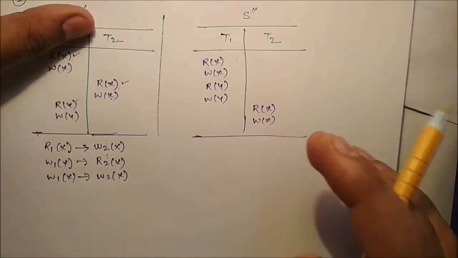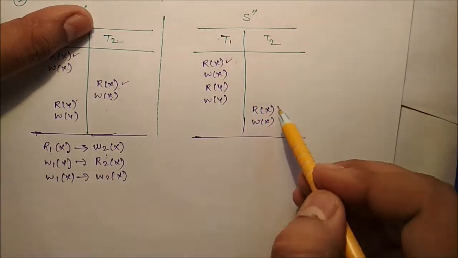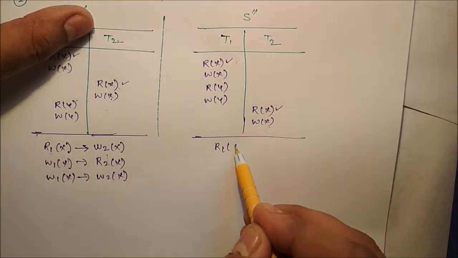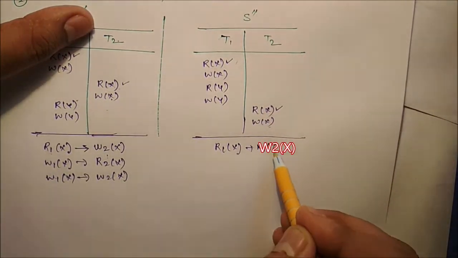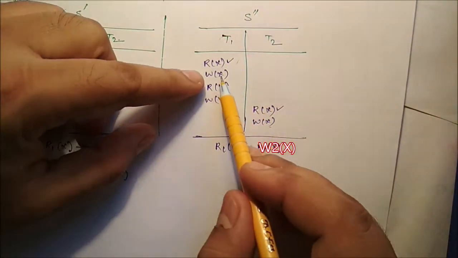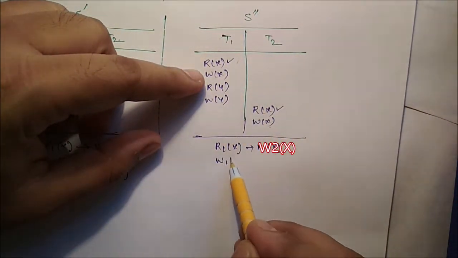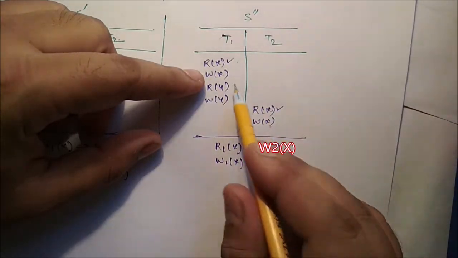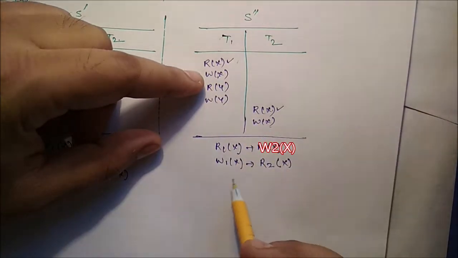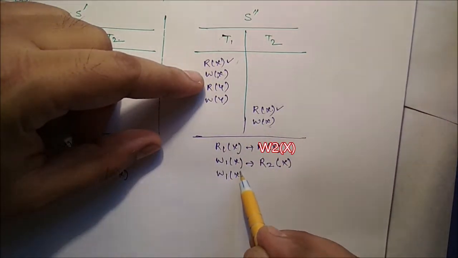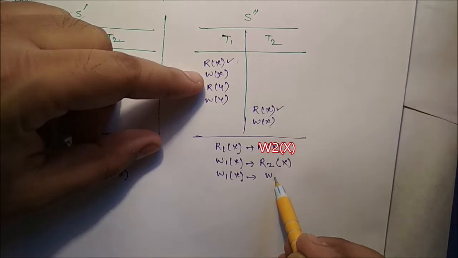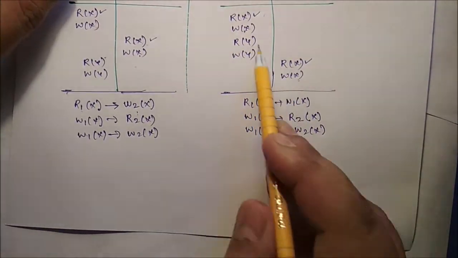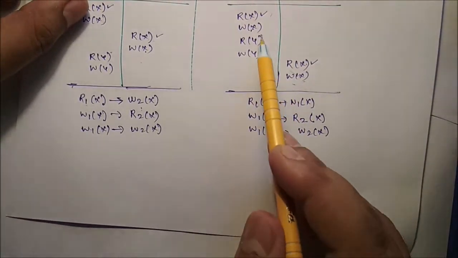Now we can check this one. Here, they are non-conflicting. Now this and this both are conflicting. So we have to execute R1x first, then W1x. Now if you compare this with this, first you have to execute W1x, then we can execute R2x, because both are conflicting operations. Similarly W and W, both are conflicting operations, so W1x and W2x. And the remaining two are non-conflicting operations because the variables are different. This is y and this is x.